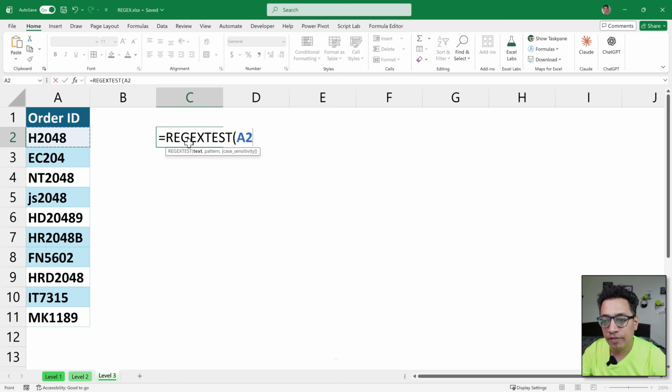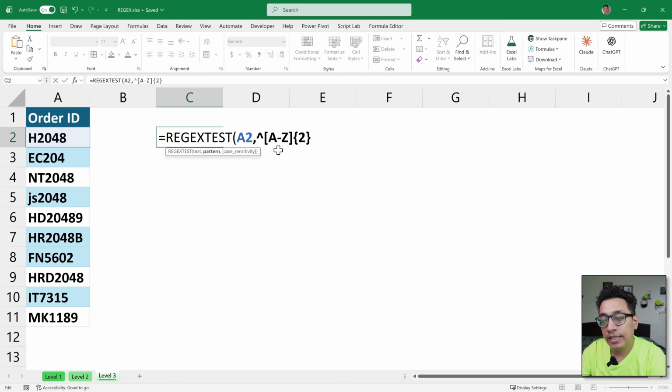I'm going to select this order ID from here, and my idea here is to identify the correct order IDs. So I'll start with this square bracket, and then I'm going to say A to Z, close the square bracket, and this time I'm going to say I want to have values where I have only 2 alphabets. So instead of using a plus sign, I'm going to use curly braces, and I'm going to enter 2 here. That tells Excel to have 2 alphabets anywhere in the value, but that is also not something that I want. I want to have 2 alphabets at the starting of the value. So what I'll do, I will say